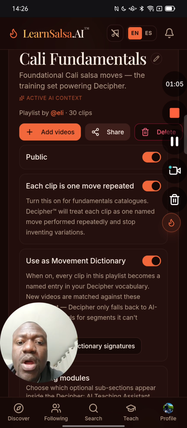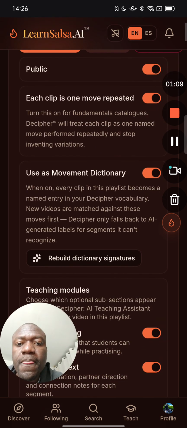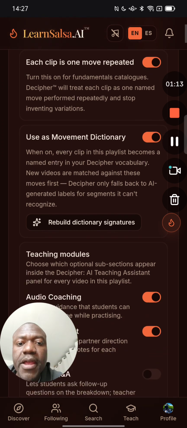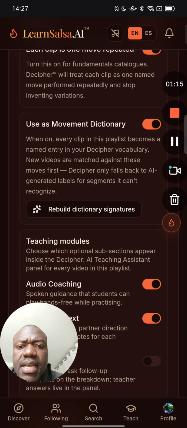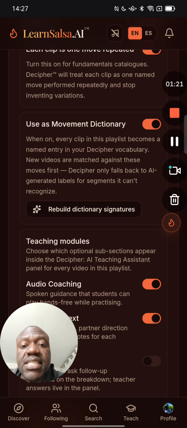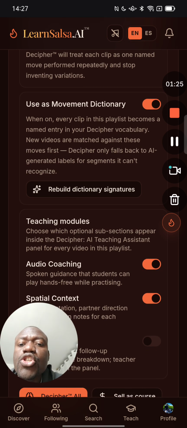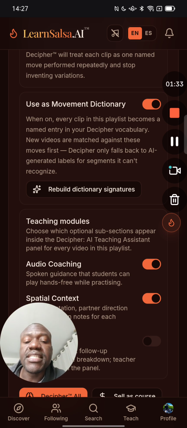Each clip is one move repeated. That's an option that you can toggle on. And then I can say as well, use as a movement dictionary. When you turn this on, every clip in this playlist becomes a named entry in the system called Decipher. I can show you Decipher at some point later on. Basically, think of it as Shazam for videos. Imagine a system that studies or learns from a dictionary,